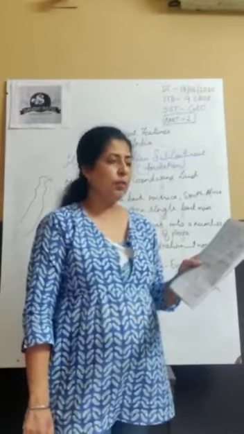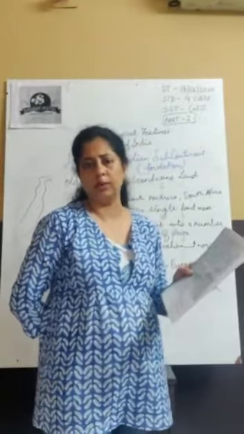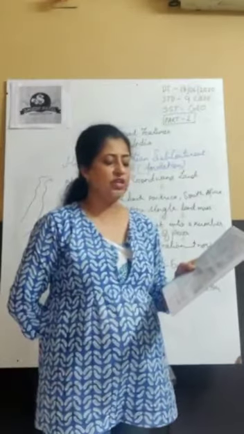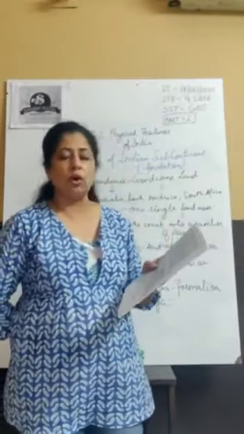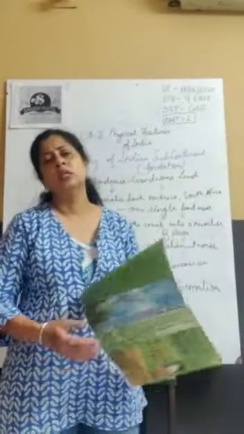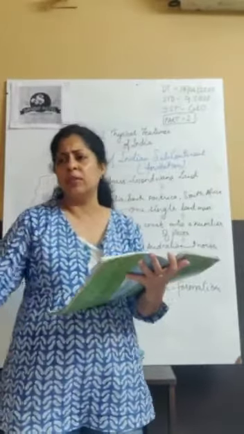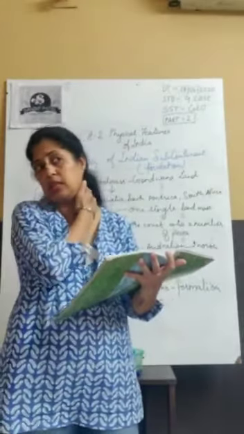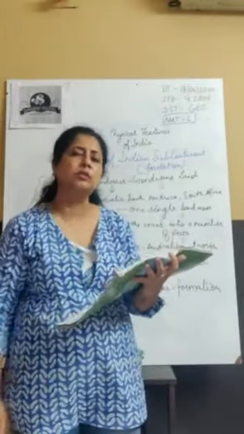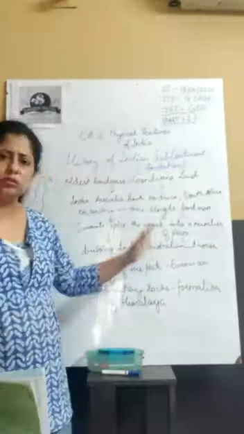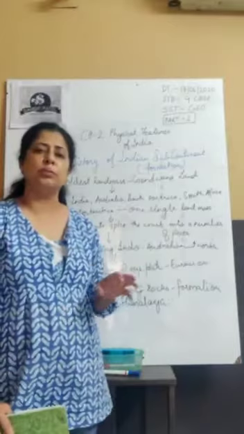And one more thing about Gondwanaland, which I missed out in the beginning. It is the southern part of the ancient supercontinent Pangaea, with Angaraland in the northern part. So earlier, before all these plateaus or subcontinents which we know today, that we have 7 big continents and 5 oceans, there was only one supermass, which we have studied, and from that, over a period of time, geographical changes brought a process and they were separated.